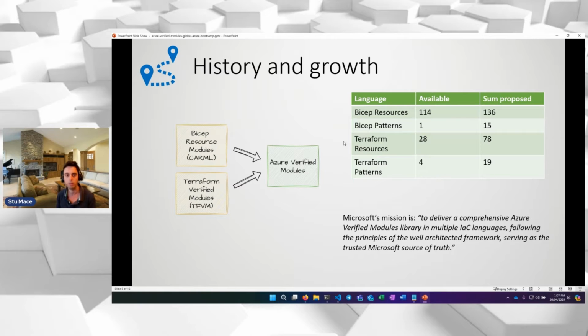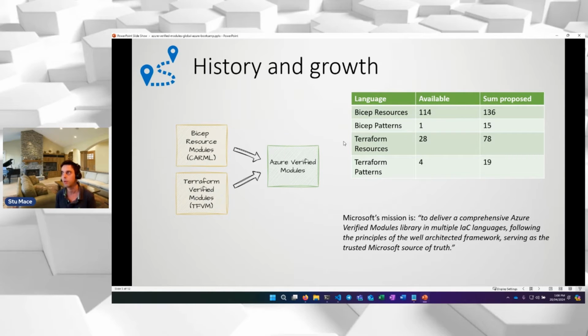Both of those have basically been superseded and folded into the Azure Verified Modules. So the Azure Verified Modules is now the umbrella mechanism for those previous resources, and you can see the difference in the heritage between the two in the table on the right hand side.